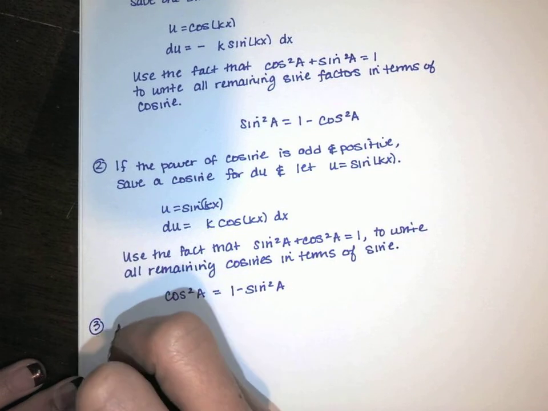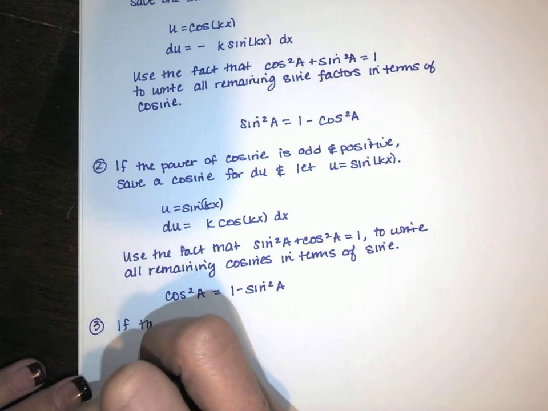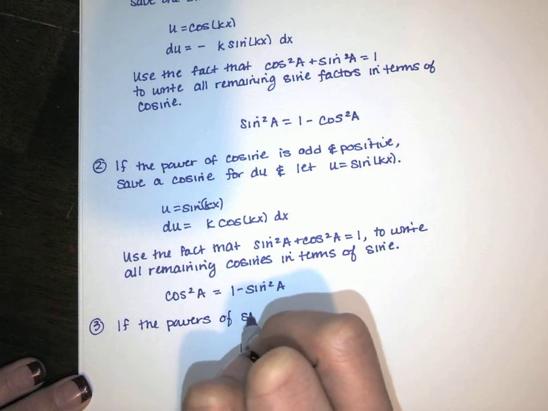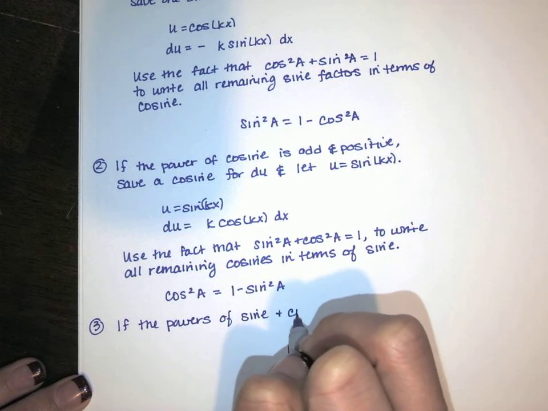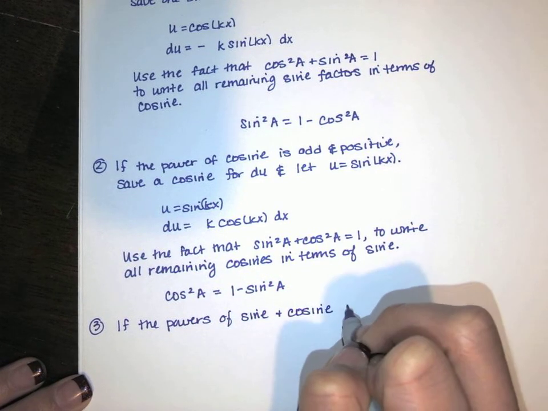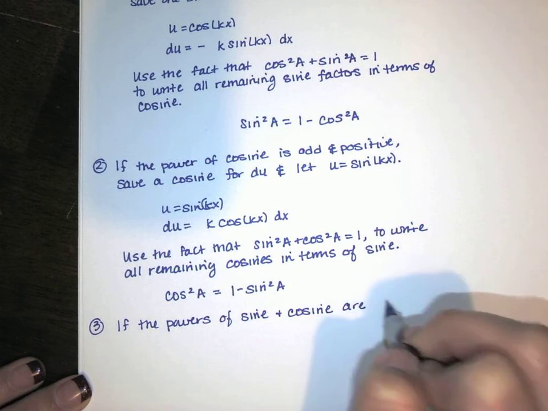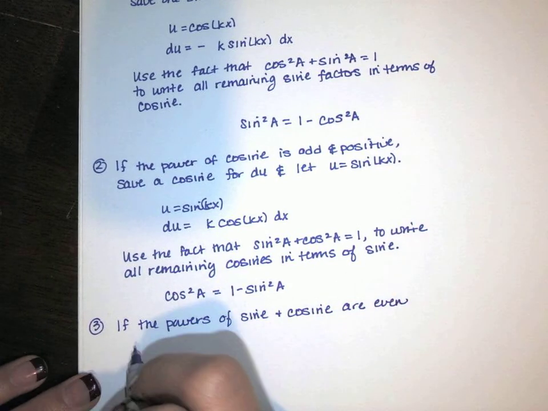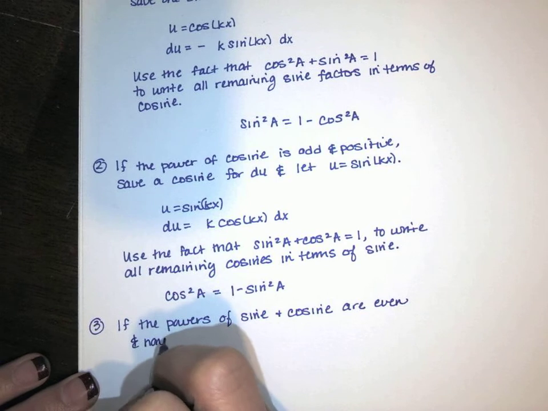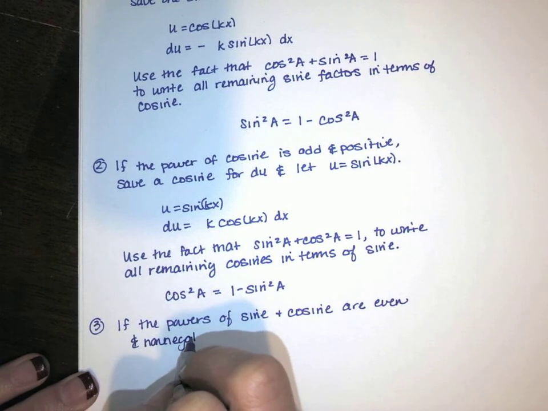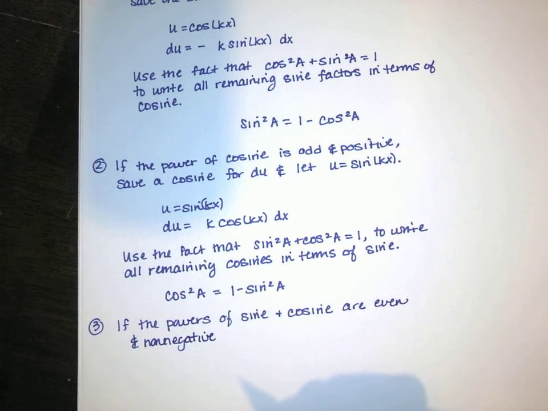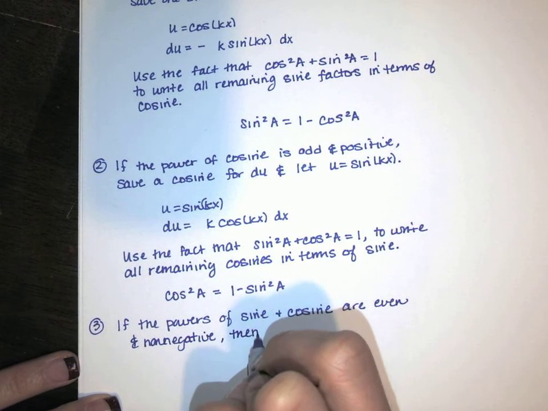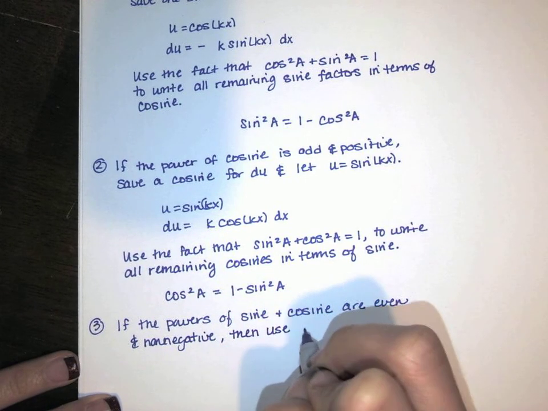And then the last guideline is this. If the powers of sine and cosine are both even and non-negative, so it's okay if one of them doesn't appear. We just can't have any negative exponents. Then we're going to use the power reducing formulas